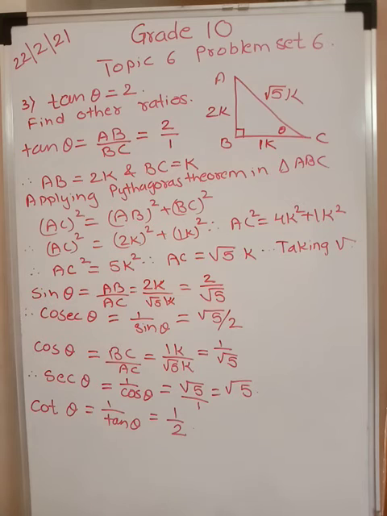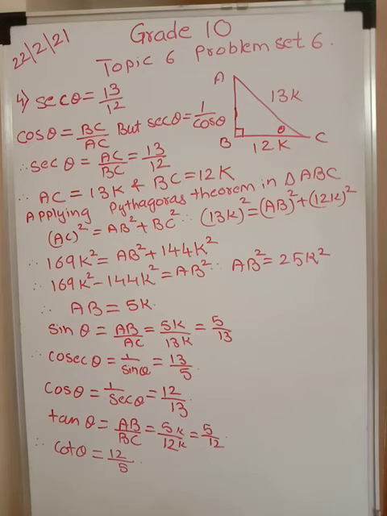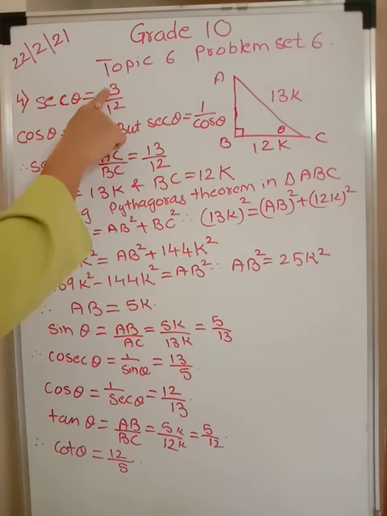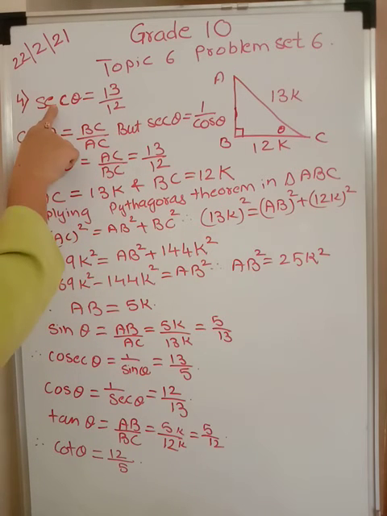So we have completed, I guess, 3 problems. Shall we go for one more? We'll go for the 4th problem. This problem is similar to the earlier one. Now here sec theta is 13 upon 12. You know sec is nothing but 1 upon cos. So what is cos theta?